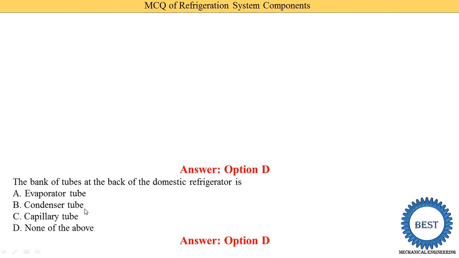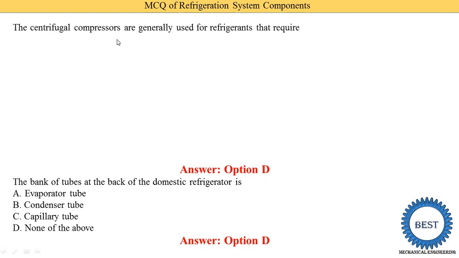When you see the back side of the refrigerators at your home, you see various tubes. These are the condenser tubes. These tubes are available in old refrigerators. If you buy a new refrigerator, you are not able to see the back side of the fridge and no tube is seen. Nowadays this tube is provided on the left side or the right side of the refrigerator. But in earlier times, when you saw the back side, it showed some tubes, and those were the condenser tubes.